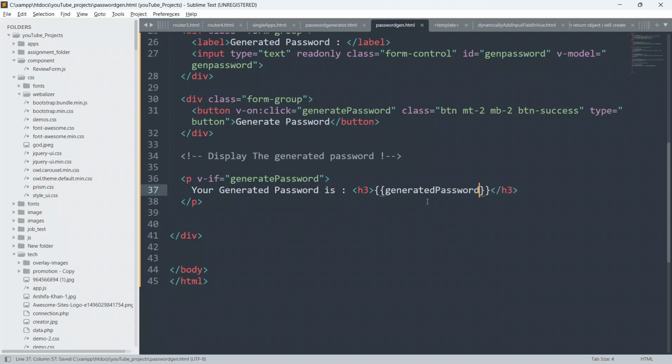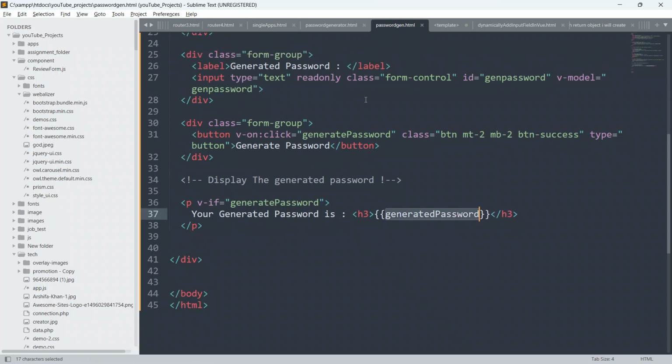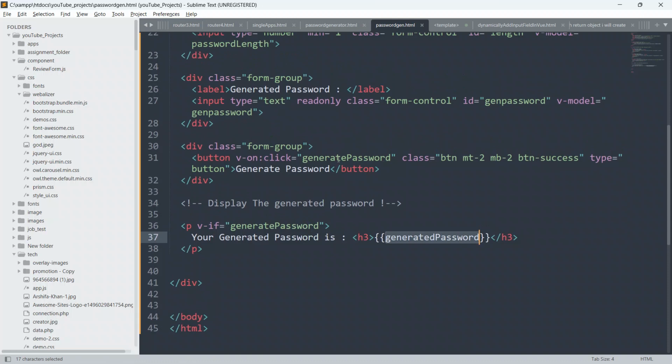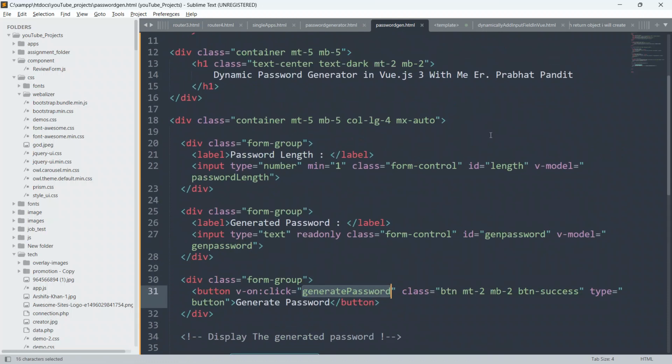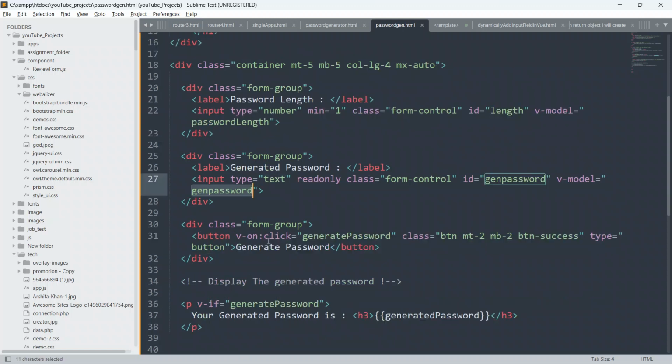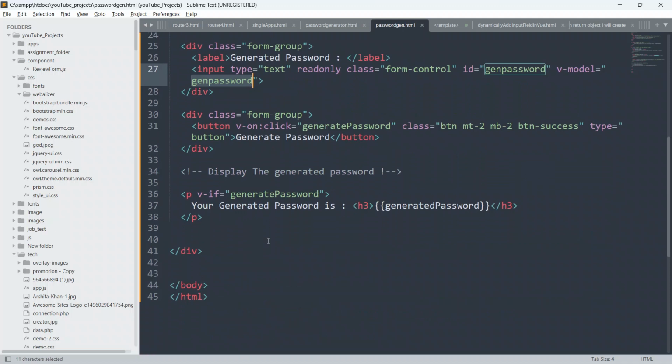Later on we have to define all these properties, and this method also, and this v-model variable also. We have to define them in our Vue.js instance.